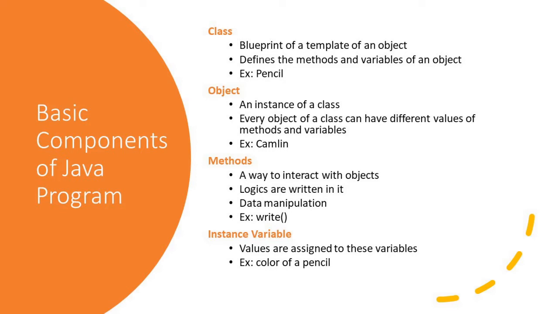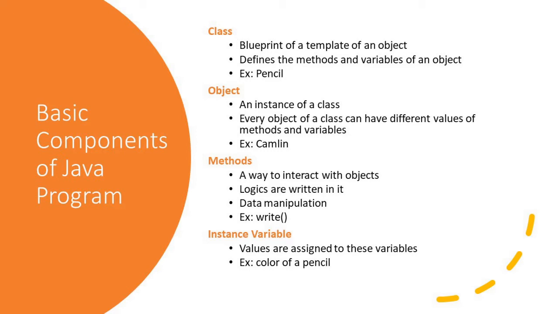An object is an instance of class. That is, it is built over a class. As soon as the object is declared, a copy of all the variables and methods that were present in the class becomes a template for an object. For example, pencils like Camlin, Natraj are objects of a class, and both can use the write function of a class and change the value of variable graphite thickness according to their needs.